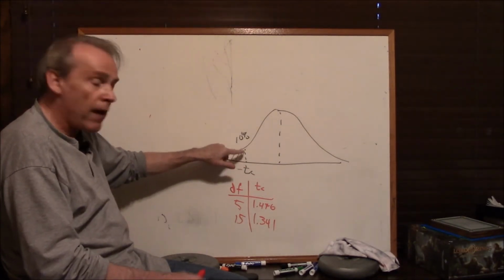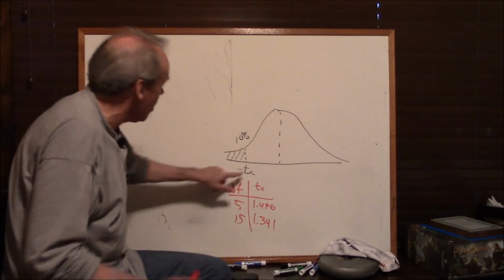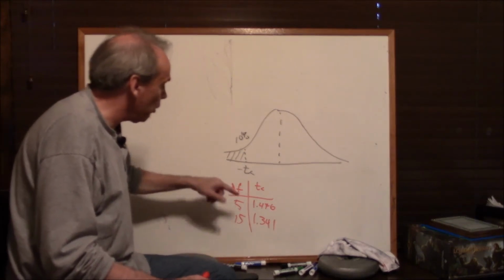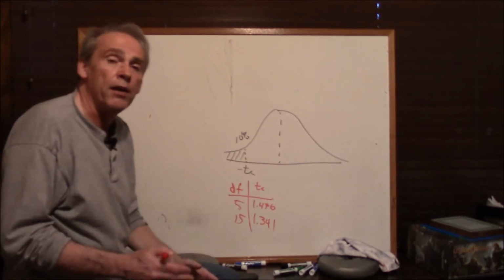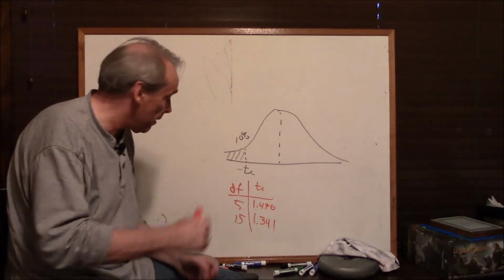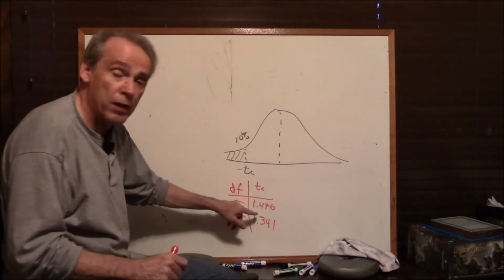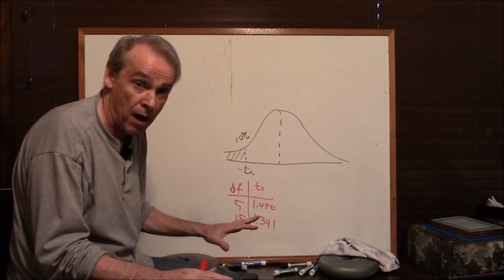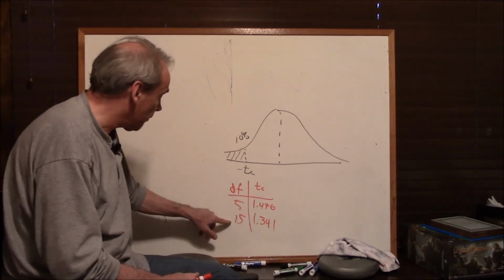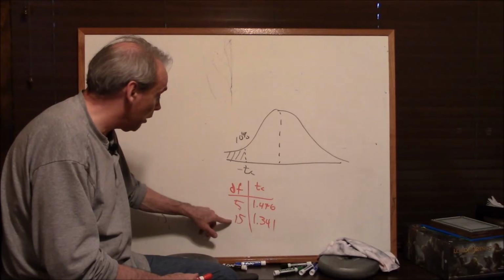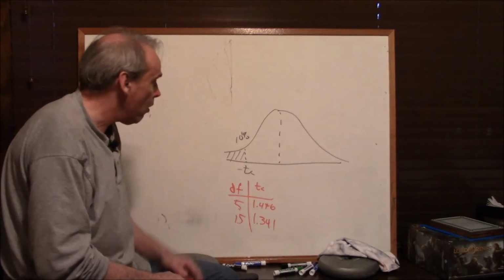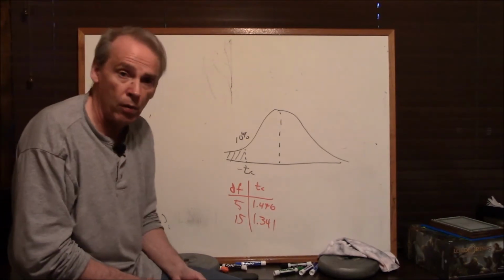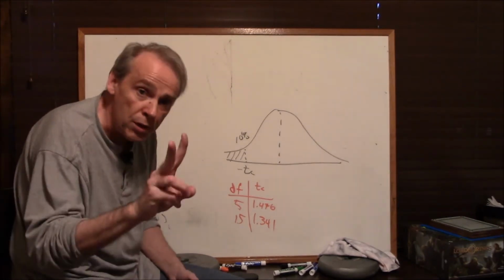So if the t-value that you got on your regression was to the left, or in other words smaller than negative 1.476, then you could reject the null hypothesis, which is a good thing. And if not, you don't reject the null hypothesis, which sucks. And then if you had 15 degrees of freedom, that number will be negative 1.341. And then if it's a two-sided test,